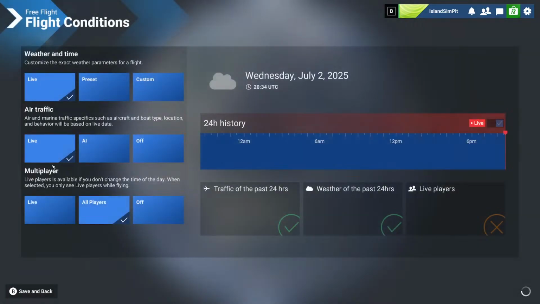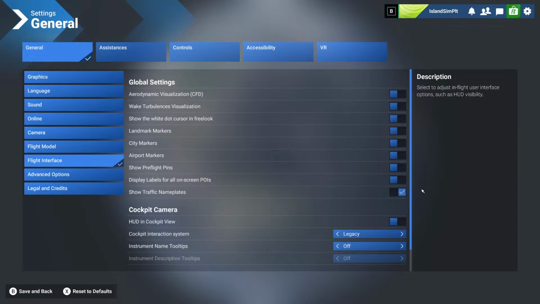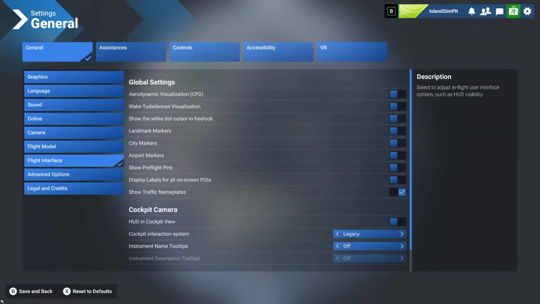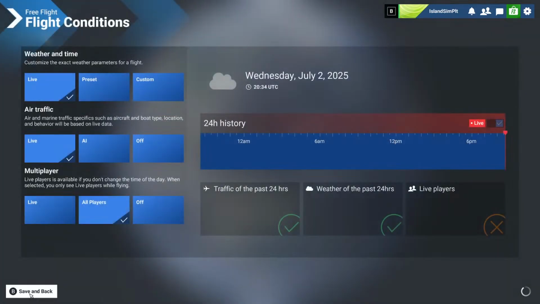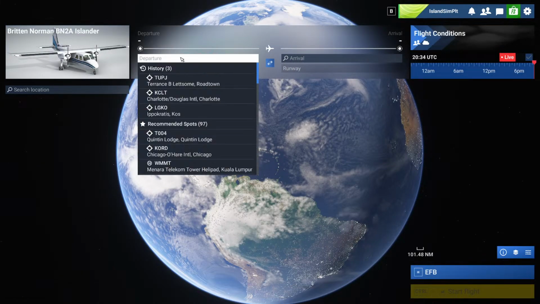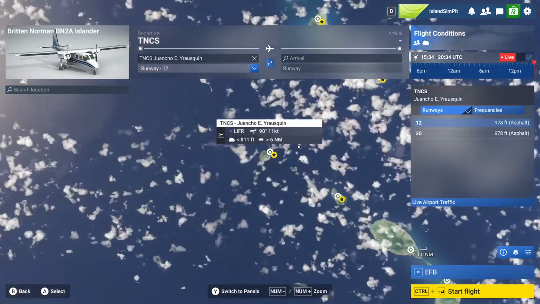Flight conditions. Now I'm gonna go, oh, I have live traffic on. Live traffic, all players. Traffic nameplates on. Show traffic nameplates. There's nothing else I need to turn on, I don't think. So now let's go TNCS and let's see if we get...